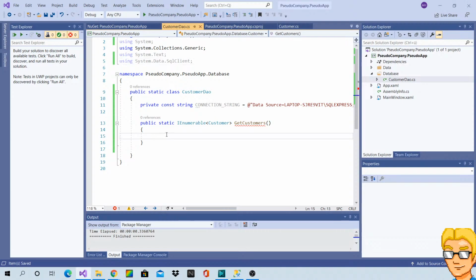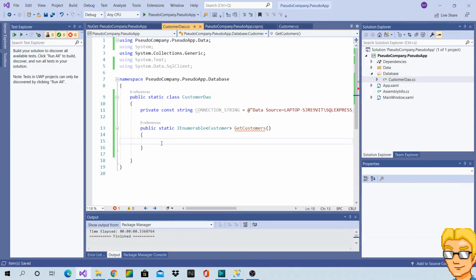And I haven't used ADO in a while, so it's probably going to take me a few minutes to get back into it. Let me just look something up here.